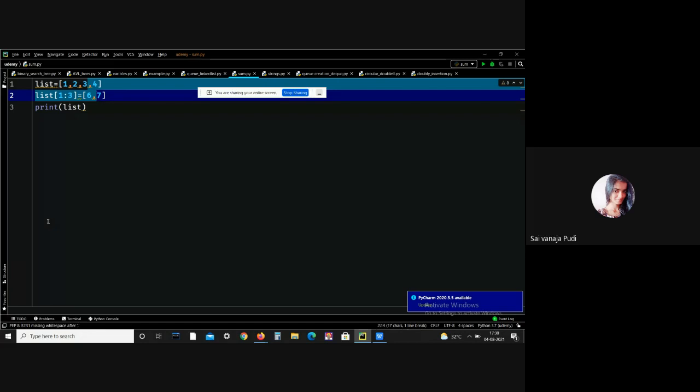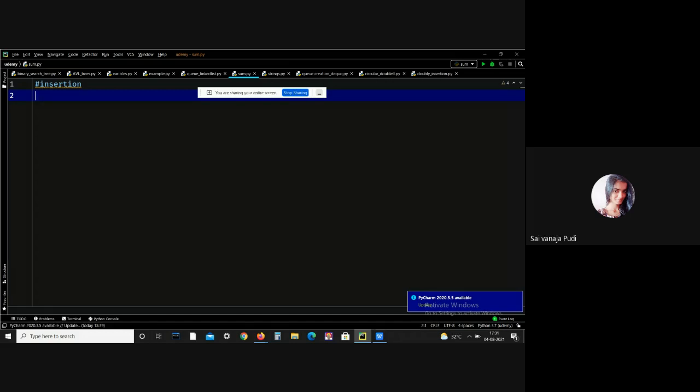The next concept is inserting. Actually, there are three methods, guys, for inserting an element in a list. The first one is the insert method, the next one is the append method, and the next one is the extend method.